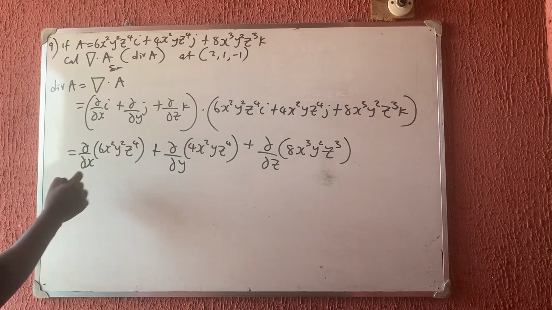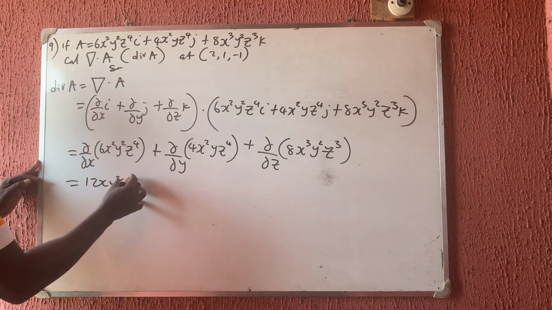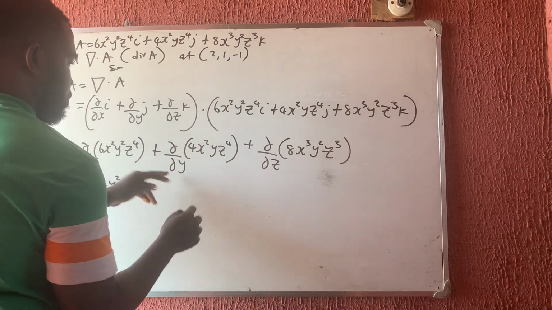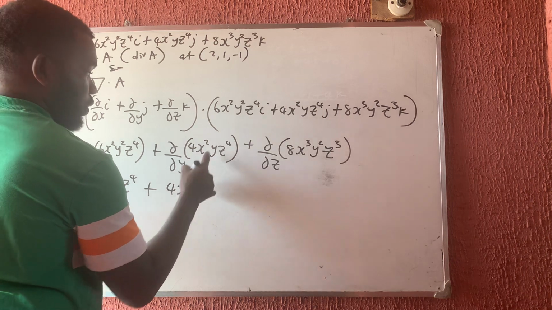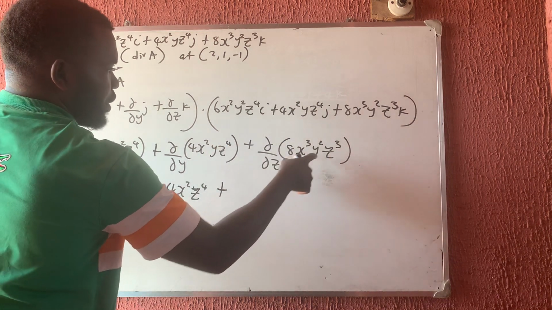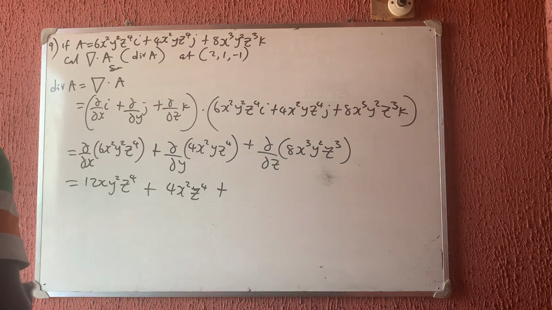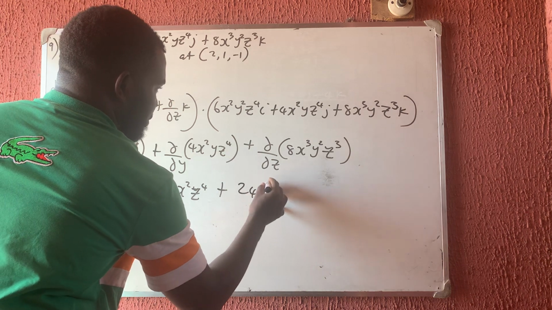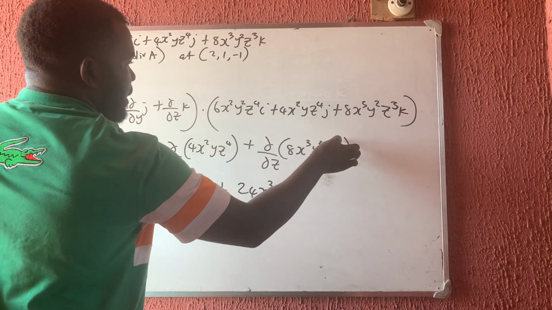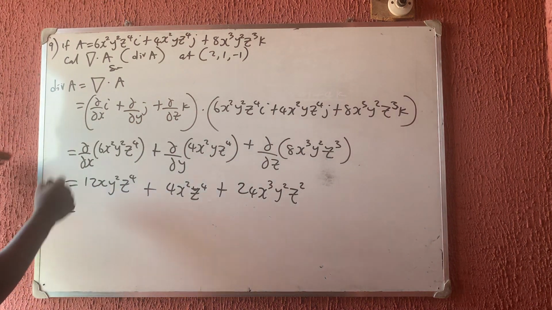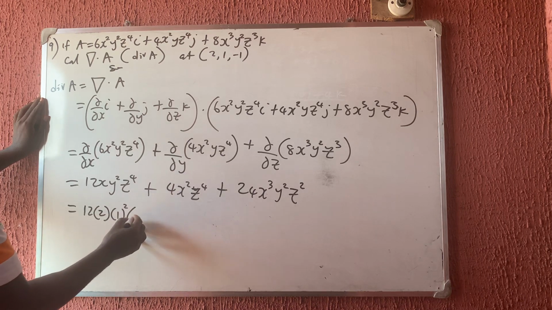No direction. So differentiate this with respect to x. This time you have 12x y squared z4. Plus differentiate this one with respect to y. I have only the coefficient, which is 4x squared z4, because there is no power here. Then finally, with respect to z, 8 times 3 is 24. So I have 24x raised power 3 y squared, but the z will now be raised power 2, because you multiply by the power and remove 1 from the power. Then you are done. So now fix everybody to have 12 into 2 into 1 squared, then into minus 1